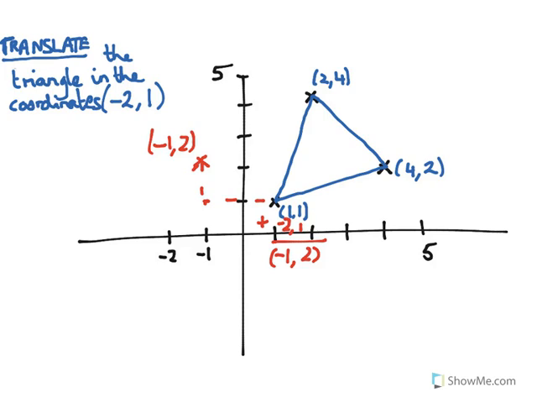Then we do the same thing with the coordinate 2, 4. We move -2 in the x direction and then up 1 in the y direction, giving us our new point here. Let's double check that we've got the right point. We had 2, 4, and we are moving -2 in the x direction, and we are adding 1 in the y direction. So this is the original coordinate,